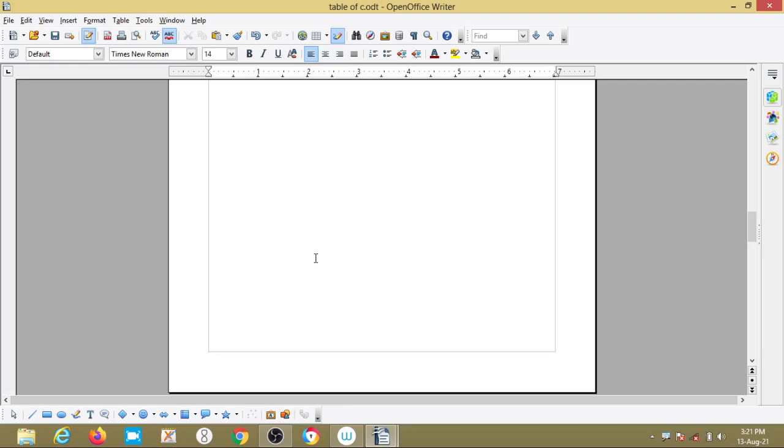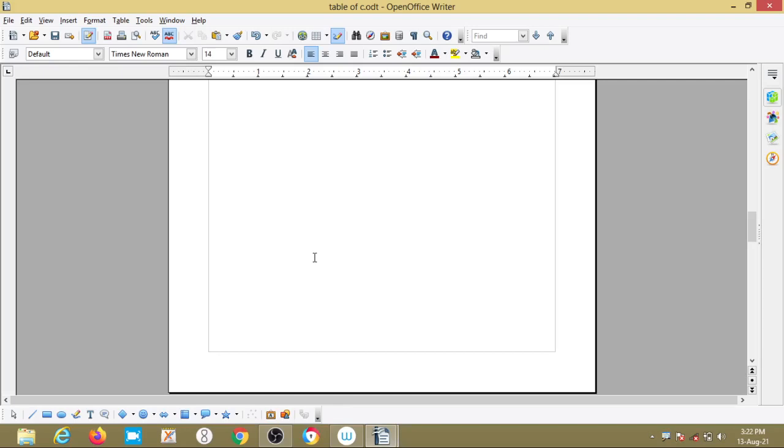So, table of contents. For example, in preparing a book, first we will see the index, right? That index of the book is called the table of contents.